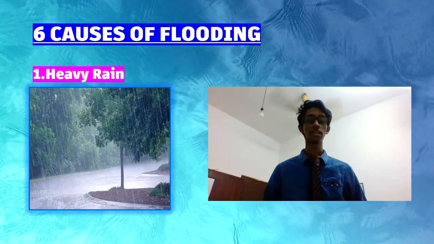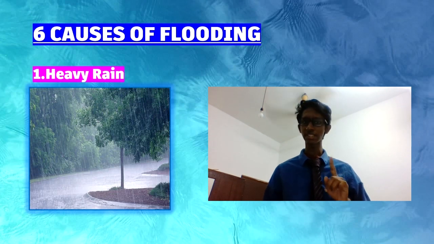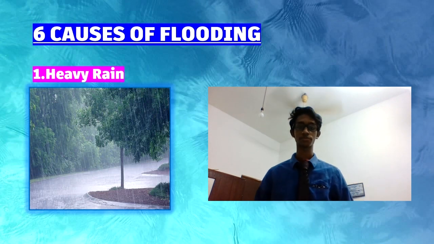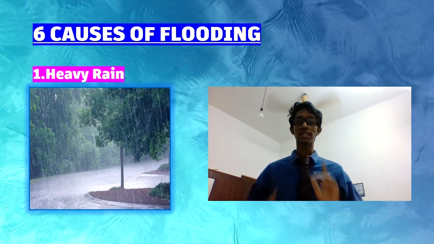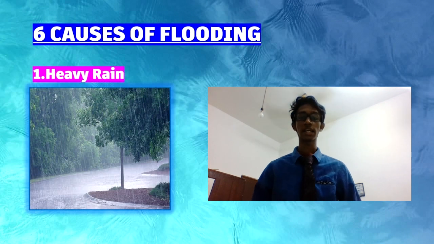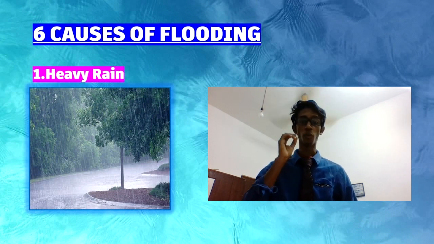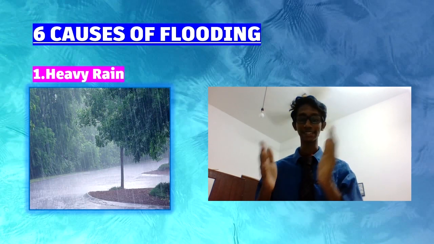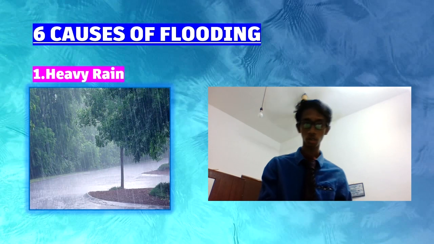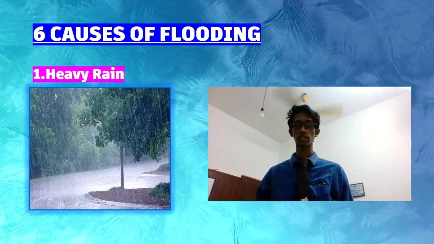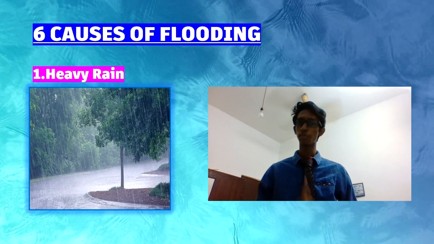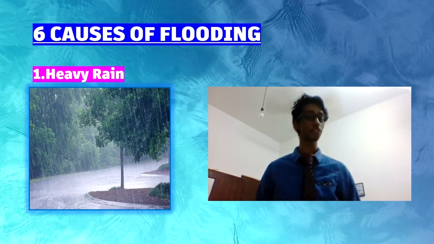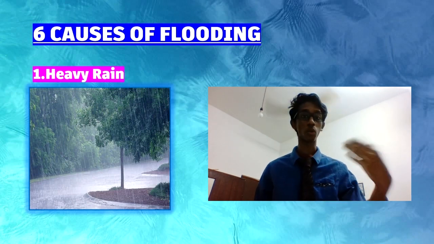flooding. Dear friends, my first and main point of what are the causes of flooding is heavy rain. As we all know, the simplest explanation for flooding is heavy rain. No matter where you live, you are surrounded by infrastructure and systems designed to move rainwater into appropriate basins and reservoirs. In most cases, the infrastructure does its job and you never have to think about where the rain goes when the water runs off.